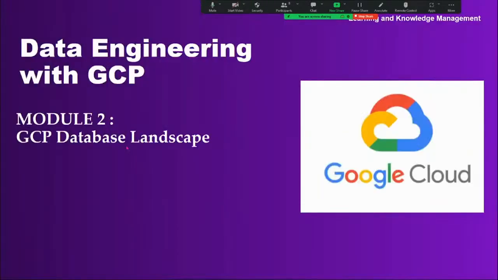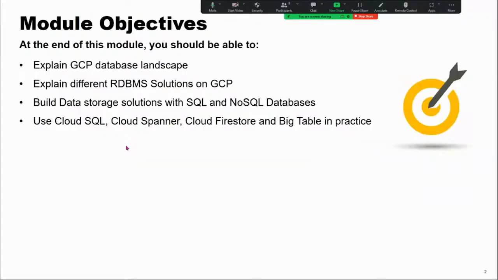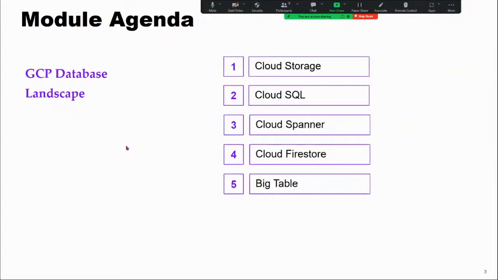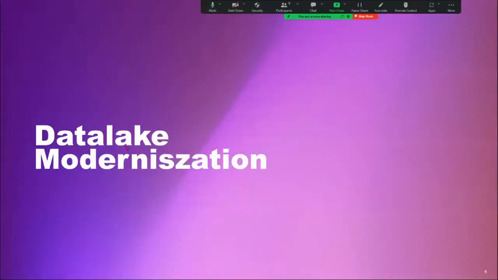So in the GCP database landscape, this is the agenda, guys. We are going to explain the entire GCP database landscape and the differences between RDBMS as well as NoSQL databases. And in this one, we are going to look at Cloud SQL, Cloud Spanner, and Bigtable. Okay. So these are the things. So first, we're going to see